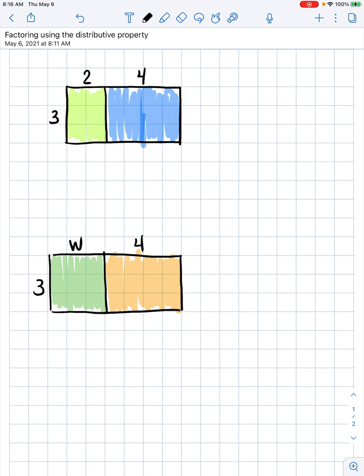If I want to find all the carpeting that I need, I want to go to the store and I need to know how much it's going to cost. So it doesn't matter what color the carpeting is, I just need to know how much total carpeting in both rooms. So what I would do is I would find the area of the green room,